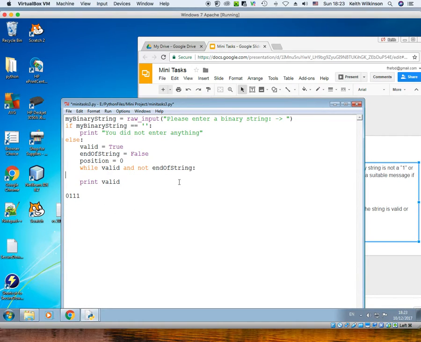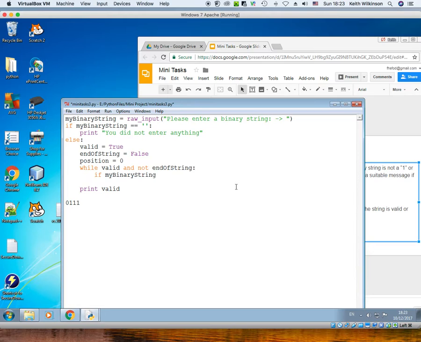I'm going to delete that stuff because we don't need it anymore, and now I've got to work on what goes on the inside of the loop. It's very much the same thing, and it matches more what we did in the first one with the or rather than the and. We're checking for ones and zeros. So let's do it. We need an if statement, and we're going to check if it's 1 or if it's 0. So if my binary string,